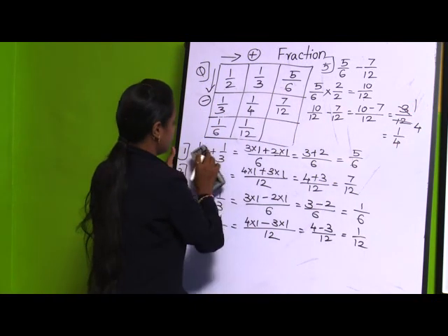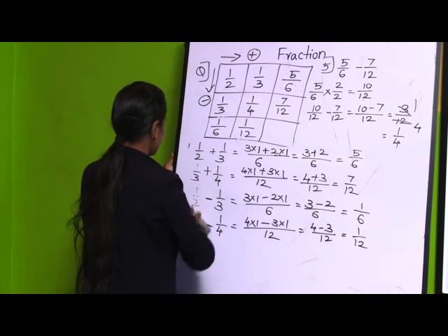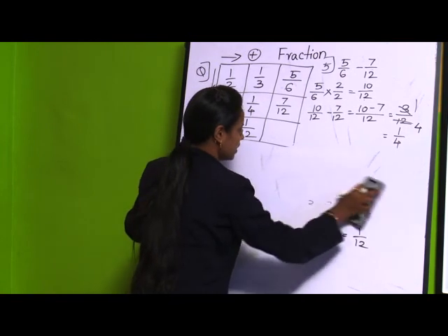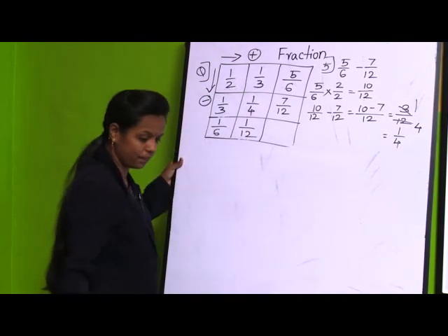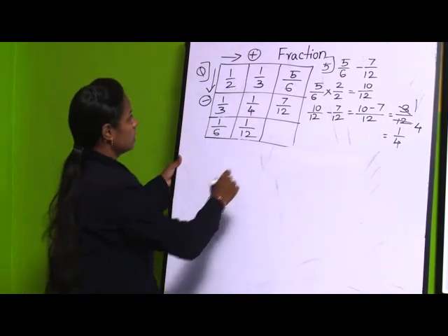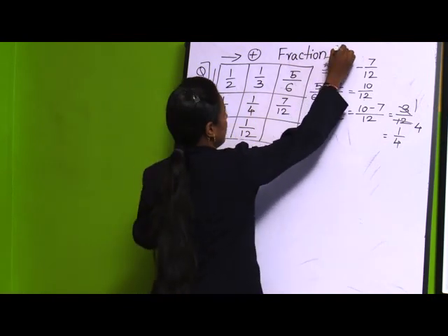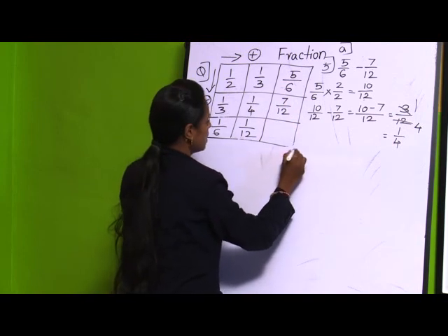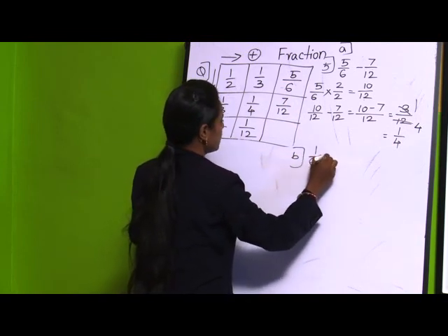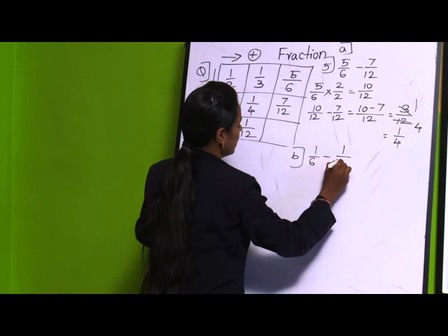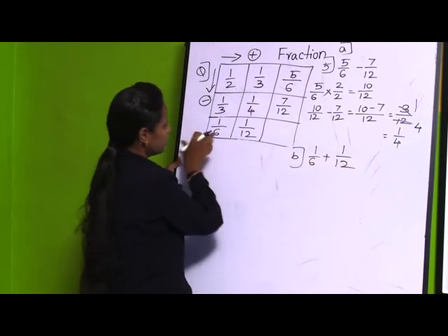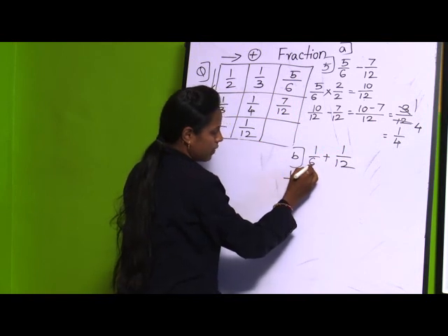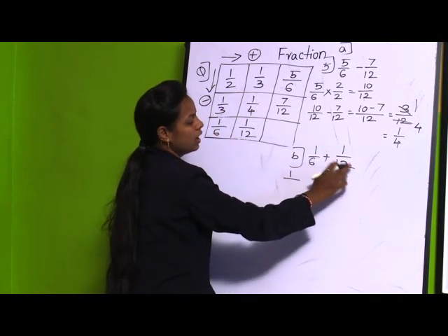Okay. And after that we have one more step here. Let us see how we can do it. Yeah, this was the A1 where we did the subtraction. Now we will do the addition of this. So we have 1 by 6 plus 1 by 12, as we are going horizontally, so we have to do plus. So we have to take the equivalent fraction of this to get the same denominators.